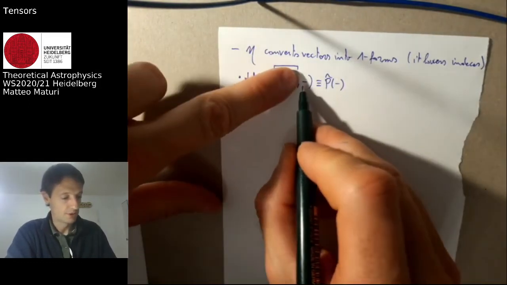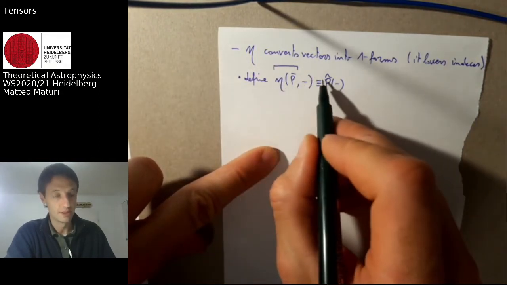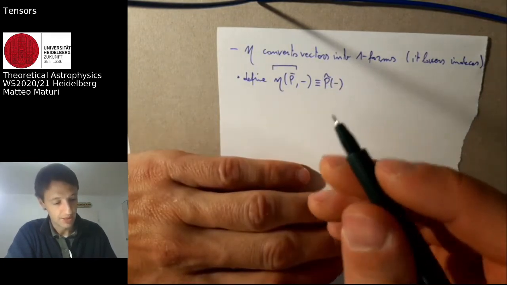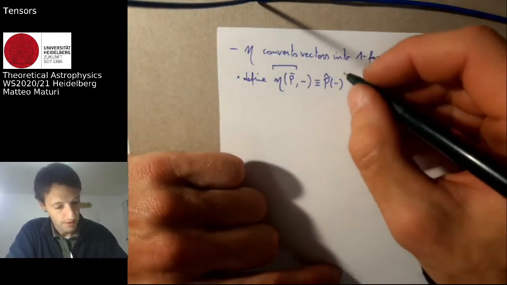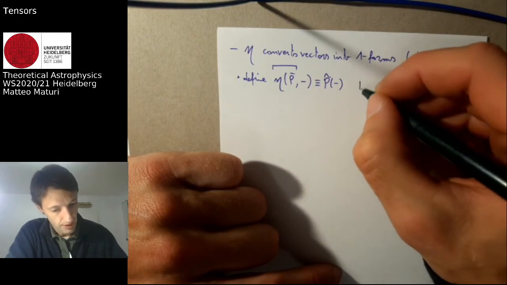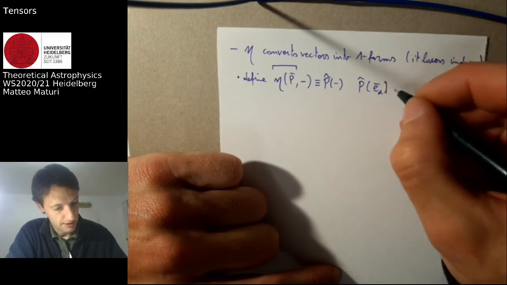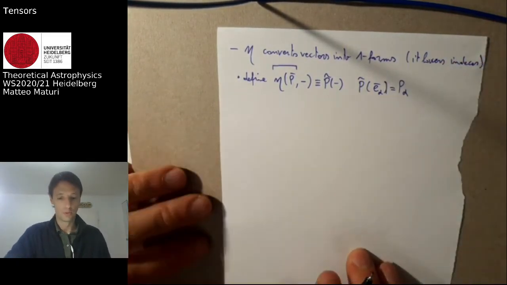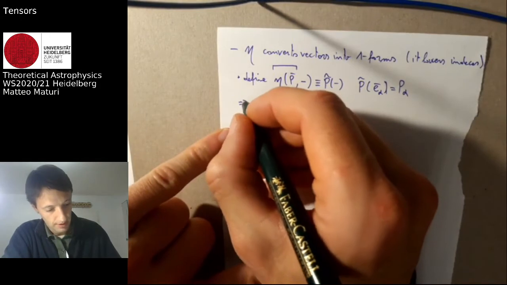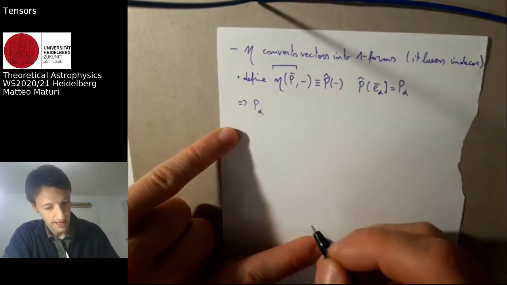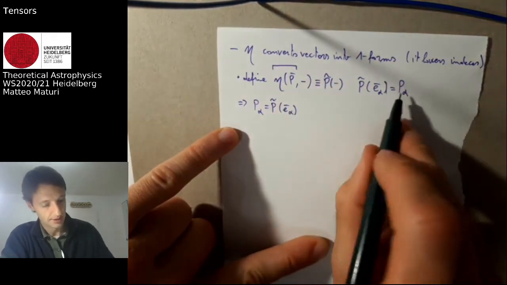So we are basically defining this object as this here. I have one slot free, and I just let P work together with nu to obtain this P tilde, which is a linear map. So we are converting a bilinear map into a linear map, as I already discussed. To have the components, as usual, you plug into your linear map the basis set that you have chosen, and you find out the coefficient of that mapping. Therefore, if I want to compute P alpha, which is P tilde E bar alpha, as I just said,